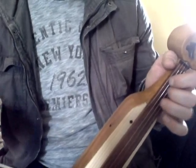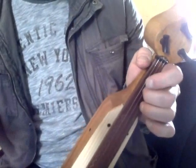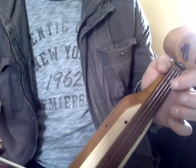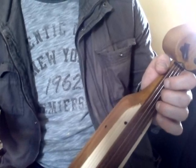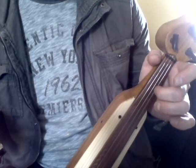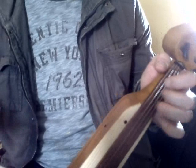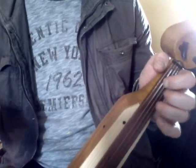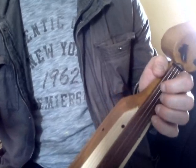Starting forward and using the second finger only on the middle chord and only playing the middle chord. So it should sound like that. So forward with the second finger on the middle chord, and then coming back we're going to play the zil chord with the second finger. So it's forward, back, and then